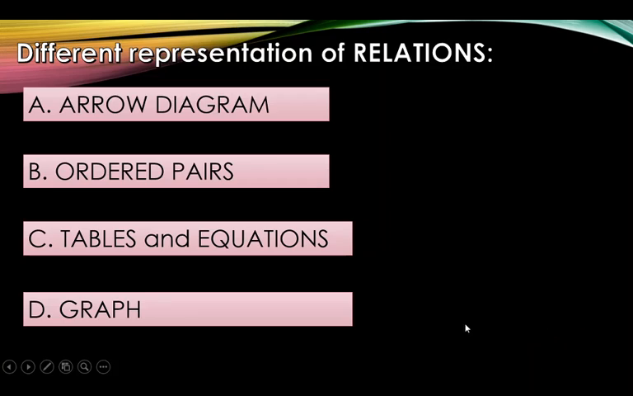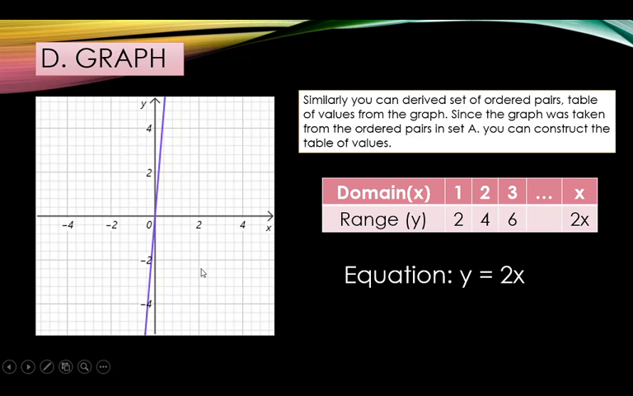Let's go back to the representation. So, the last representation of relation is a graph. So, how do we represent relation using a graph? This is an example of a graph. As you can see, we have here a blue line. It represents the graph of a linear equation. So, similarly, you can derive the set of ordered pairs in order to graph